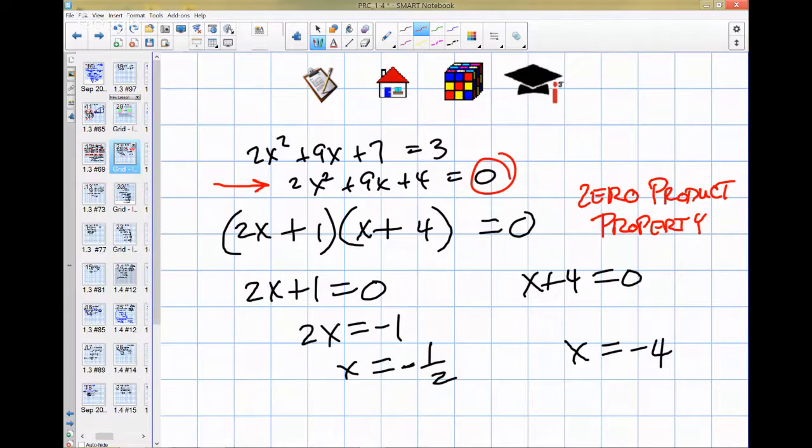Because the two factors multiplied together, let's say to equal 10, there could be a trillion different things that multiply out to equal 10, not just 1 and 10, 2 and 5, 2.5 and 4, there's a million of them. But when the answer,